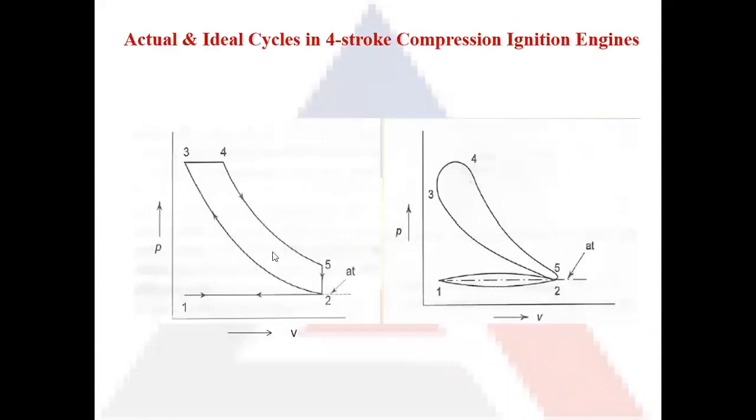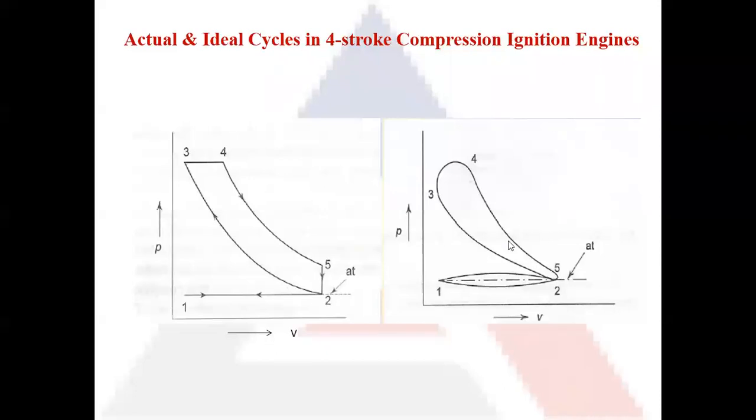And similarly, we have the actual PV diagram for the diesel cycle. So again, in your ideal cycle, that is on the left, this is your diesel cycle. Here 1 to 2 is your, say, intake stroke, and 2 to 1 is your exhaust stroke. Again, we assume that the intake and the exhaust stroke take place at atmospheric pressure. And then again, we have isentropic compression, isobaric heat addition, isentropic expansion, and isochoric heat rejection. And again, we have sharp corners where one process is transiting into the other process.